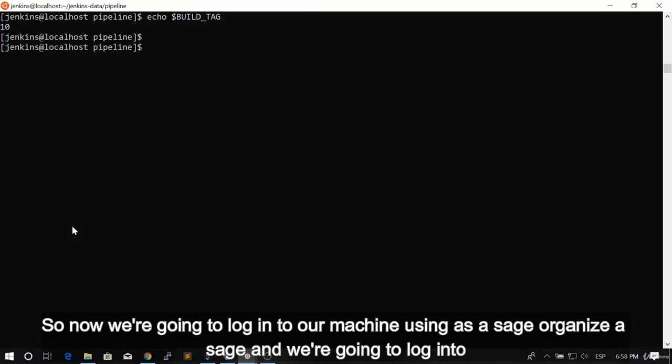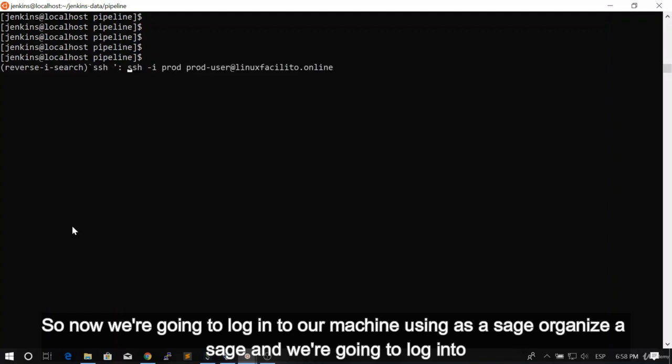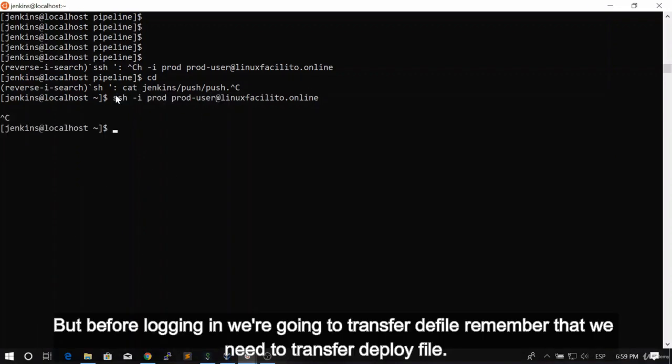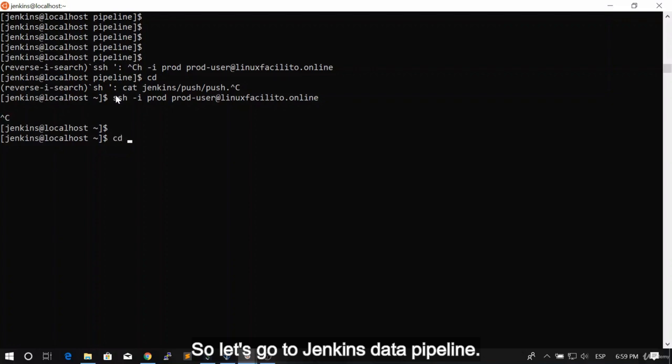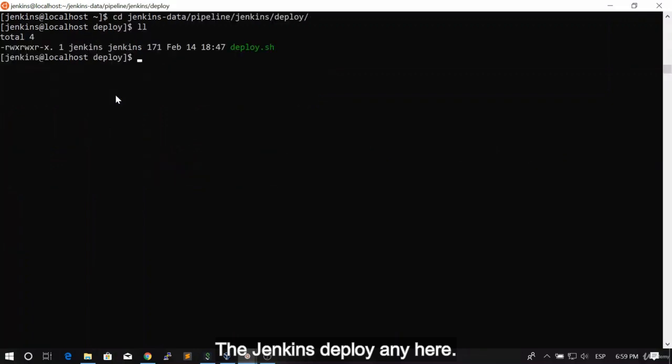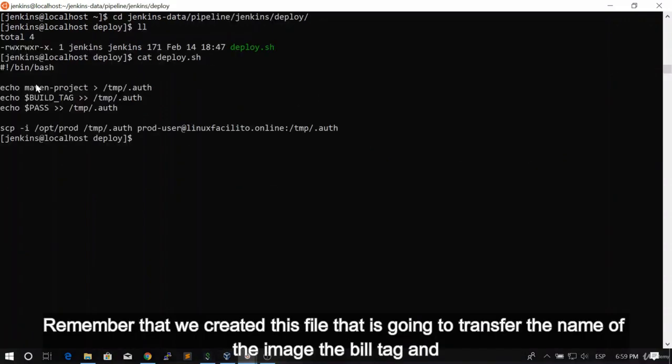So now we're gonna log in to our machine using SSH. So we're gonna say SSH, and we're gonna log into our machine, our remote machine, the machine that we just created. But before logging in, we're going to transfer the file. Remember that we need to transfer the deploy file. So let's go to Jenkins data, pipeline, the Jenkins deploy, and in here remember that we created this file that is going to transfer the name of the